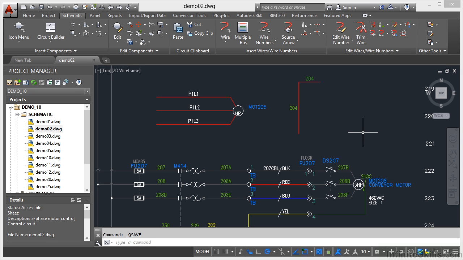There will be occasions in your AutoCAD electrical drawings where you need to insert wire numbers with leaders. This is normally when you've got a complicated wiring drawing in your AutoCAD electrical project. We're still in Demo 10 as a project in the Project Manager, and we're still using